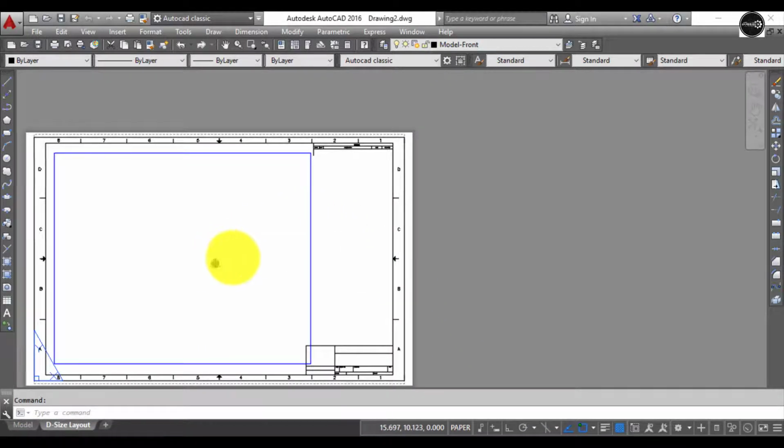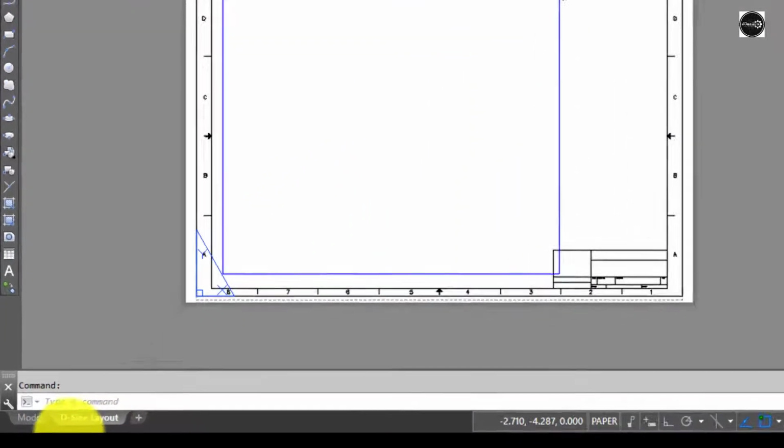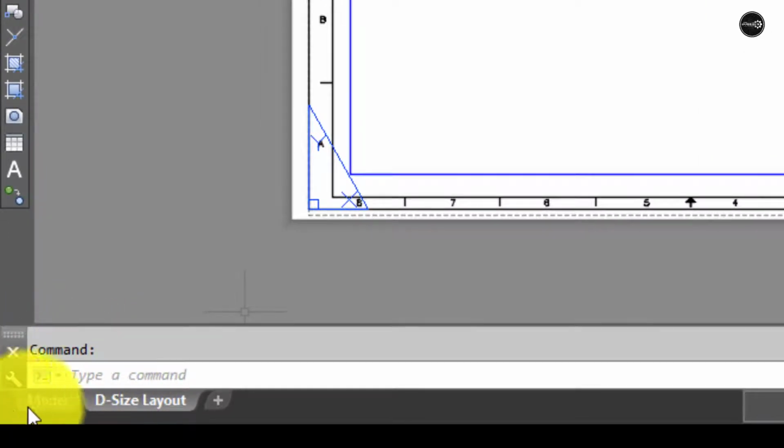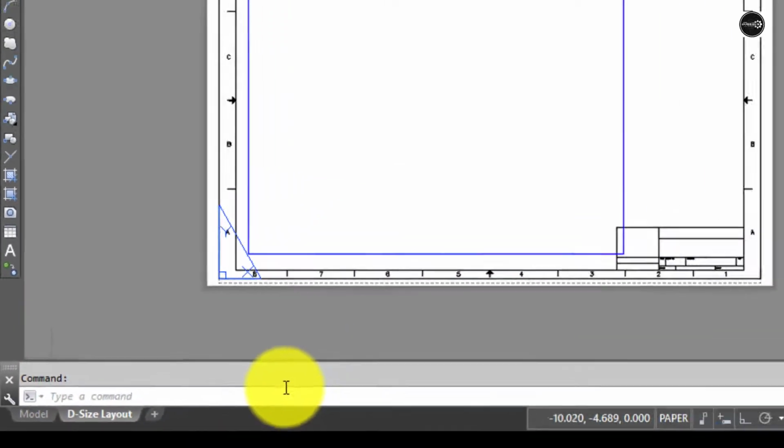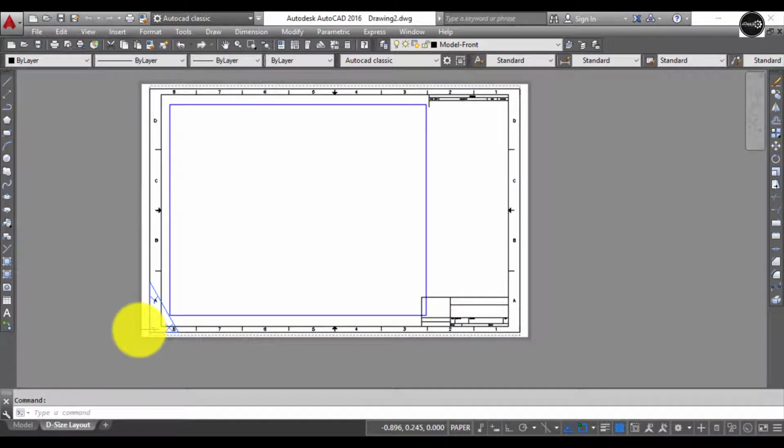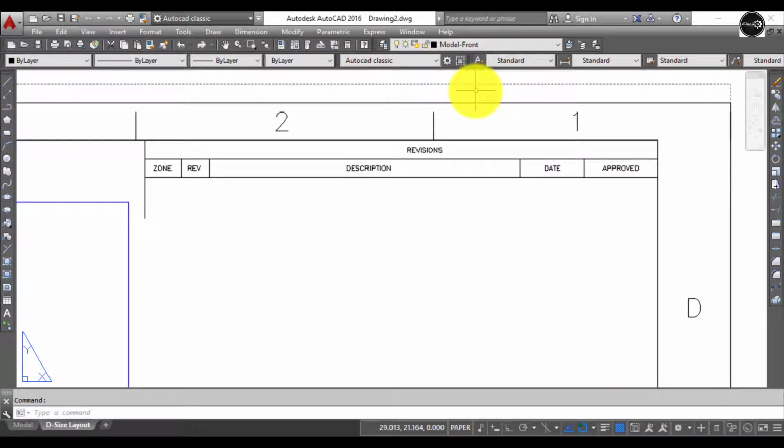Now as I open the default template, you can see in the model and the D size layout that the default template is always opened in the layout. Layout is nothing but the place where we will take the actual printout of the drawing. As I zoom into the top side, you can see it is showing the description of the drawing, the date and the approval.